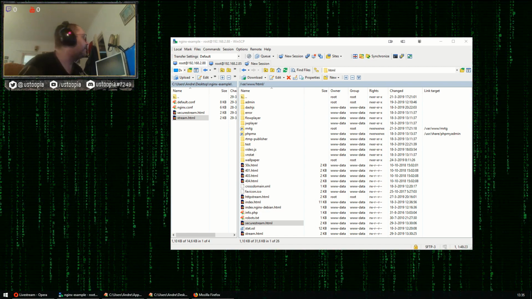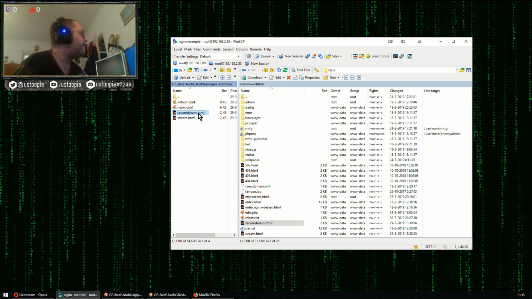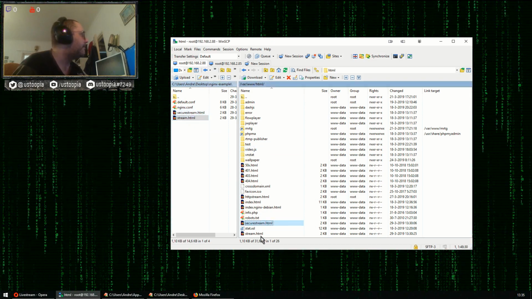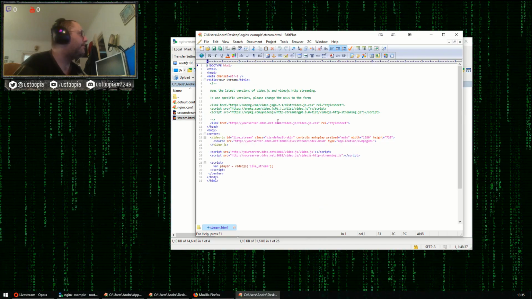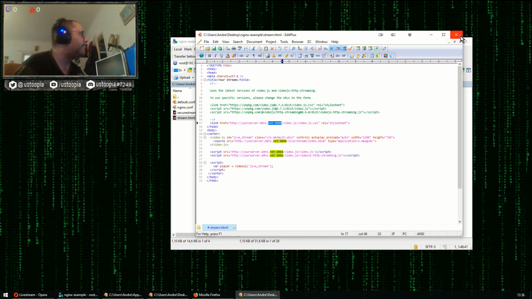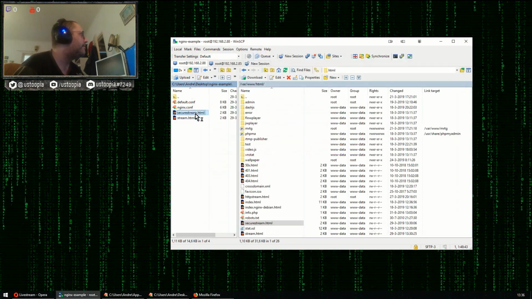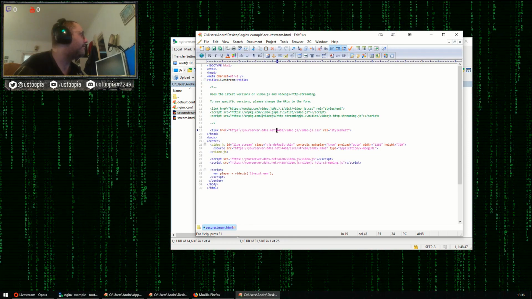I have these two files which are exactly the same, only the one called stream uses the default HTTP protocol on this port, and the secure one uses HTTPS, on a different port than usual.